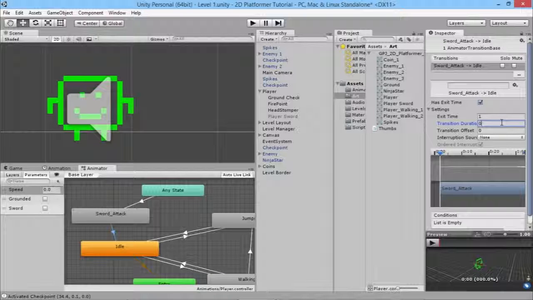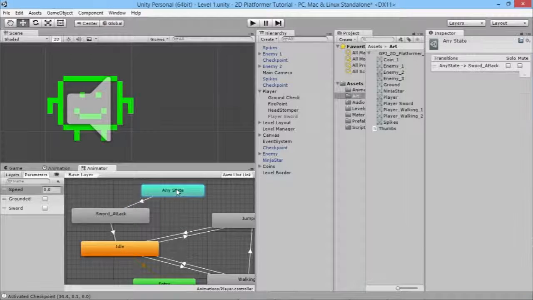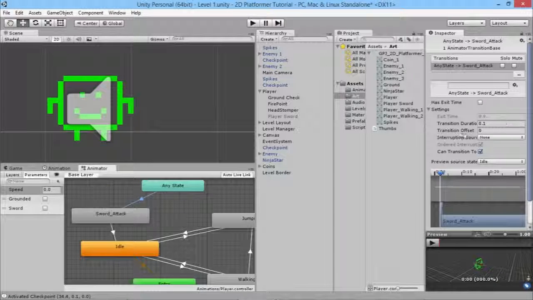And we don't want to have any transition duration. Actually, this is something to be aware of when you're making transitions in the newest version of Unity, in Unity 5. It automatically creates a little bit